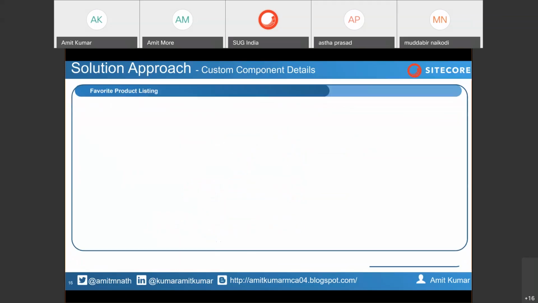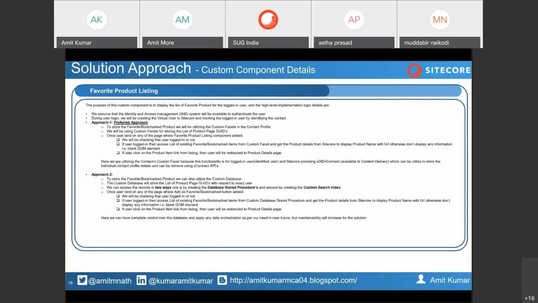The other part is the favorite product listing. Here also, these two approaches are similar to the first one, because if you add that, you need to fetch it from the same repository. In the first, I will be utilizing XConnect to fetch the data, and in the other approach, I will be fetching it from the custom database. So both approaches are interconnected with each other. While implementing any solution, you also need to take care: if you perform one operation and 10 other operations need to be performed, how easy will it be to use that? Those analyses you need to take care of.